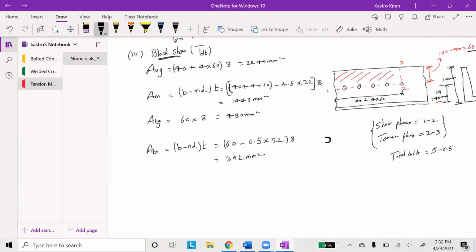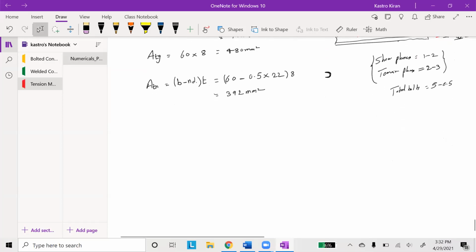Whereas here, that is in the A_vn case, the failure of the bolts will be like this. The last bolt will also get half weight. I told you the reason also, so why we are not considering it as total half and why we are taking it as 4.5, that is the total number of bolts minus 0.5. Anyways, that's another case. We have discussed that.